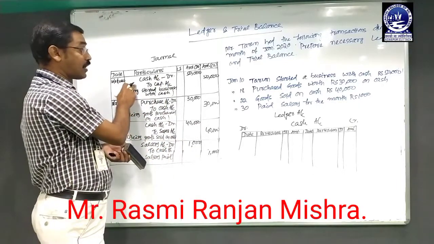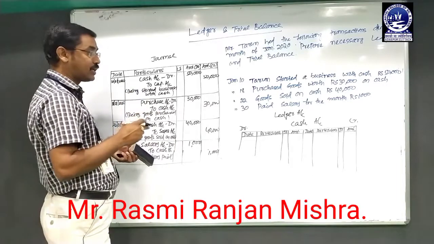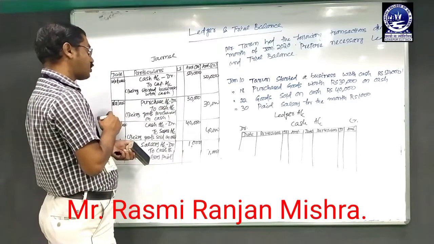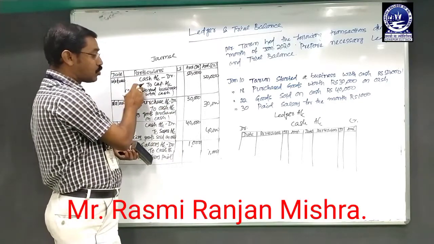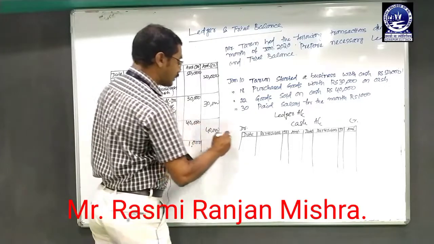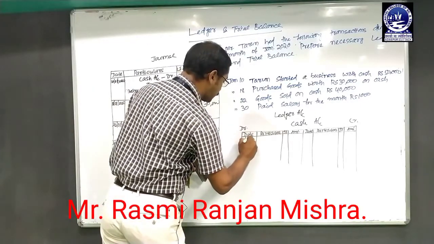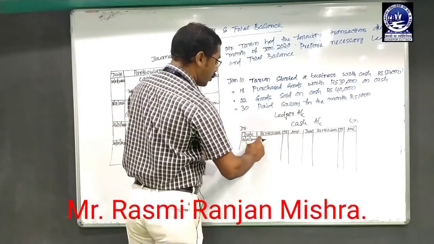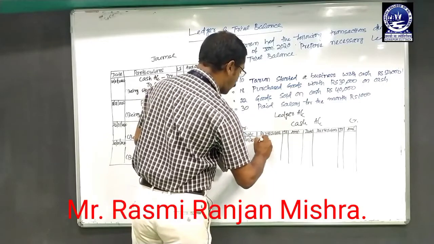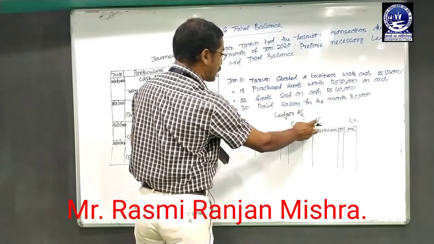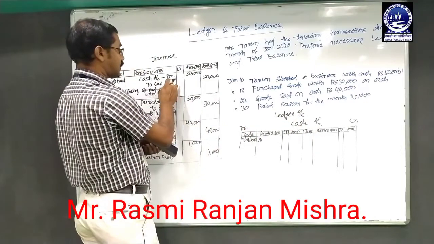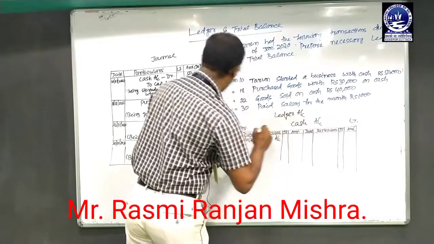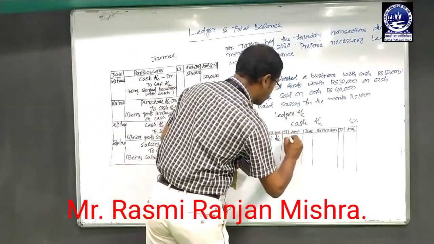On first transaction, cash account is debit. So when one account is debited in a ledger account, at the time of preparation, we must go to the debit side of that particular ledger account. So cash account debit to capital, and that is made on 10th January. So we must go to the debit side, put the date 10th January. Debit side always starts with To. So in particulars column, first we have to write To. So one cash account debit means another account is credited, to capital account. So here we have to mention to capital account, and the amount is 50,000.